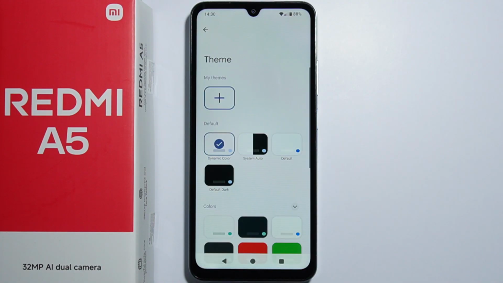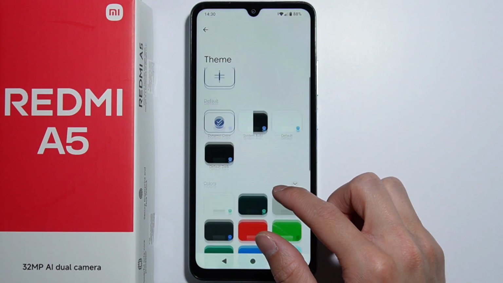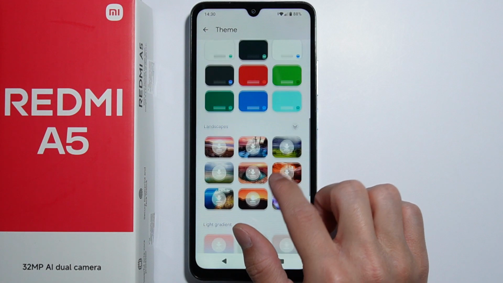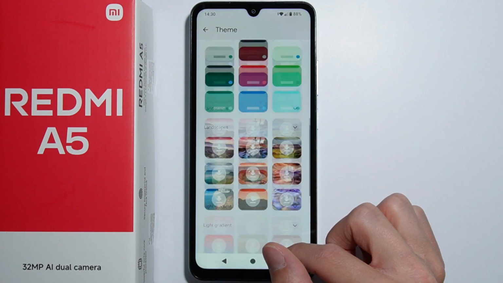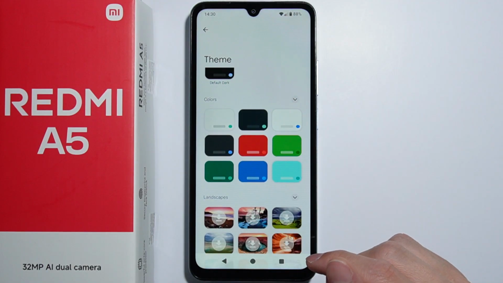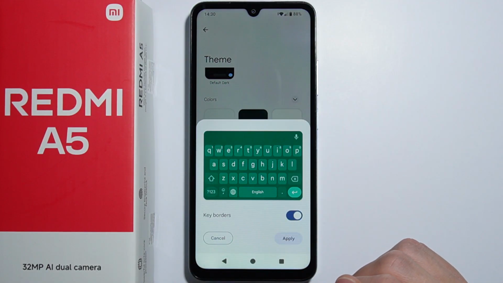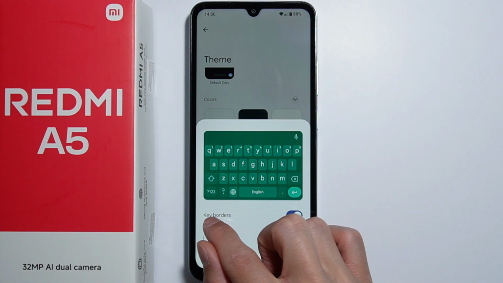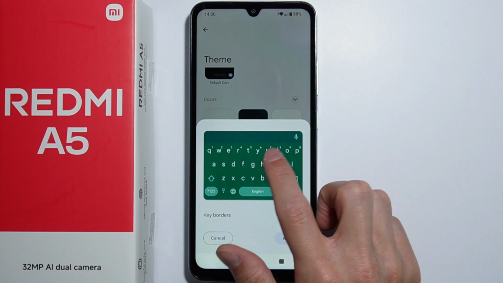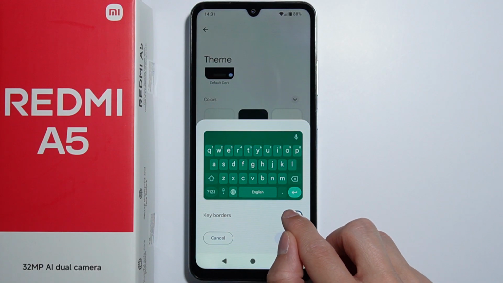So let's press this one, and there you can find a couple of different themes, some default themes, colored themes, landscapes, and a couple of gradients. And all you simply have to do is just select any theme that you'd like. Let's, for example, select this one, and here you can toggle the keyboarders. As you can see, as you turn on and off these keyboarders, you have the preview of how your